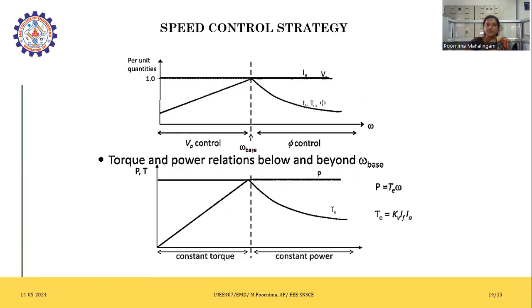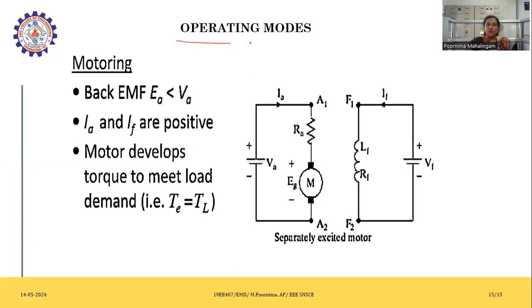Here, coming to the voltage control, the same thing: how the torque and power behave below and beyond base speed. Here the torque is constant below base speed, and the power is constant above base speed. Now coming to the motoring operation, the back EMF EA